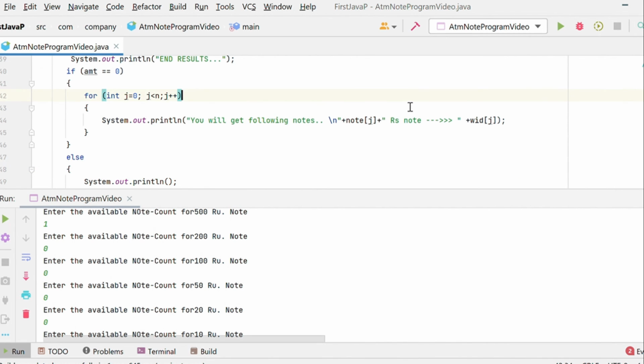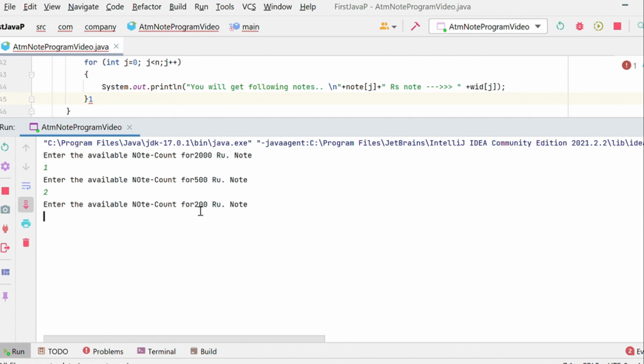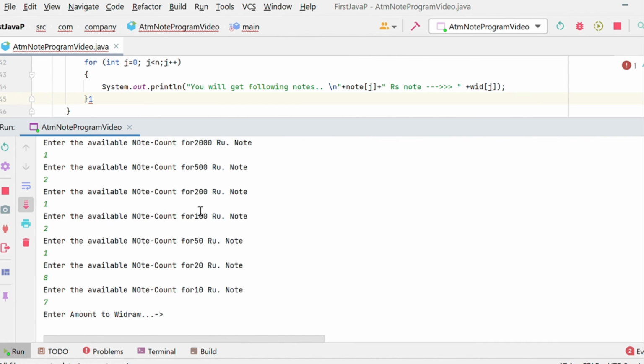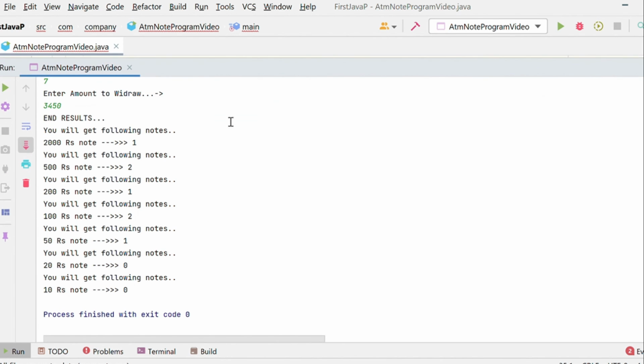Now we are going to check another condition. I enter 2, 1, 2, 1, 8, 7 ... and I'm going to enter 3450 rupees. Enter. This is our result.